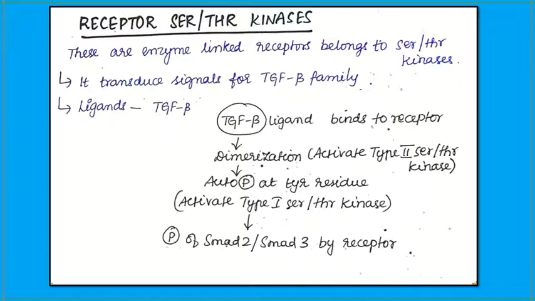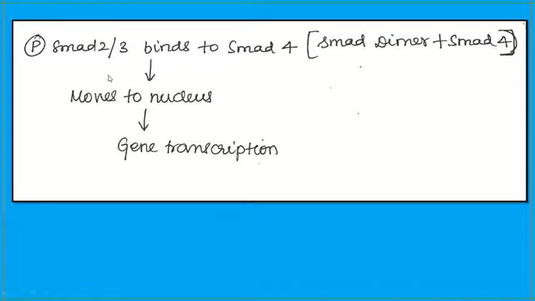Since the receptor is active now, the next step is for adapter binding and its activation. In the TGF beta pathway, your adapter is SMAD. It can be SMAD2 or SMAD3, any one of it. So this adapter protein SMAD2 or SMAD3 will bind to the receptor, and they will also get phosphorylated. SMAD always works as a dimer.